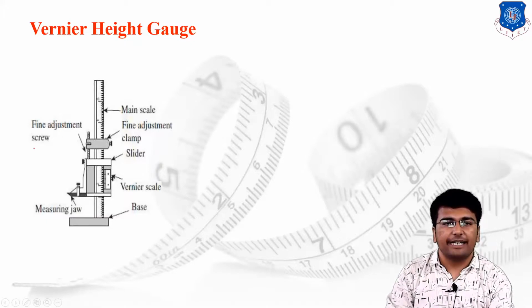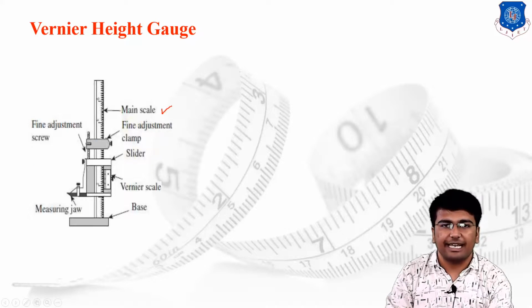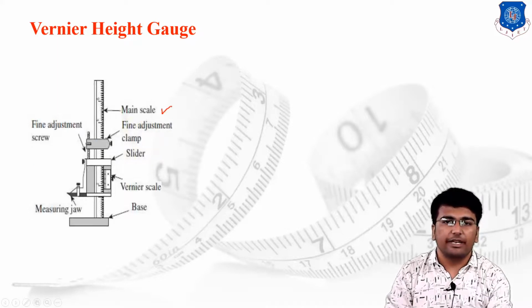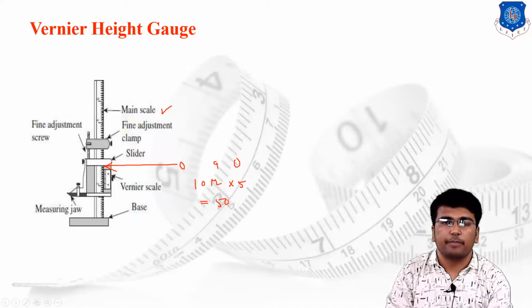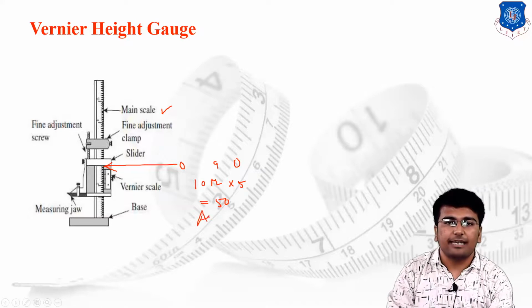In the vernier height gauge, we are discussing the different elements, starting with the main scale. As in the routine vernier caliper, we have the main scale in inch as well as in metric. Then the secondary scale has been provided over here. The same secondary scale starts at 0, ends at 9 and then 0, having a total of 10 main divisions, and each division has further 5 divisions. So I can say that a total of 50 divisions are placed over the auxiliary scale.